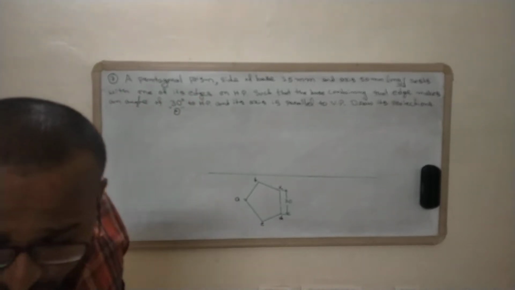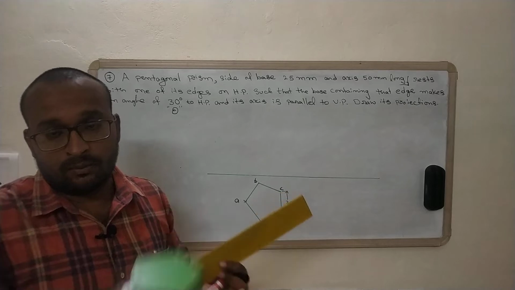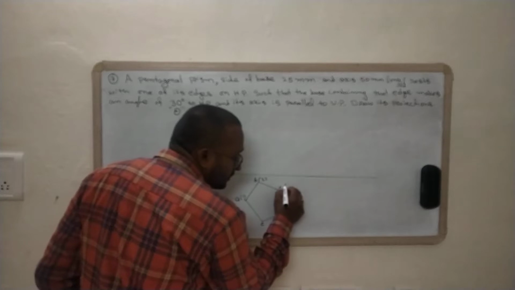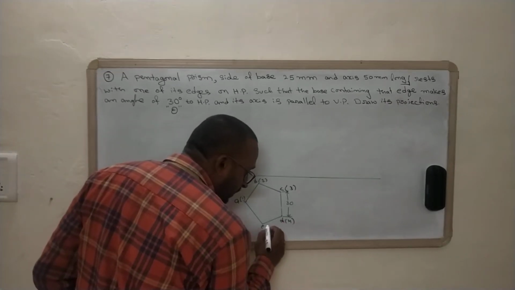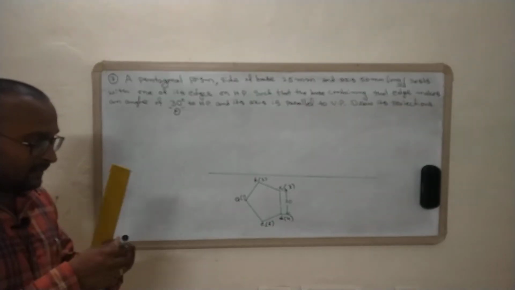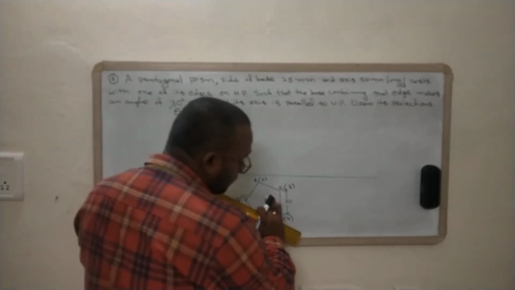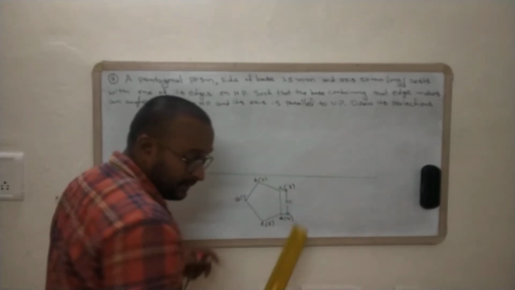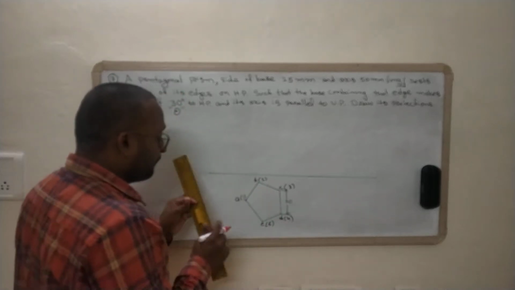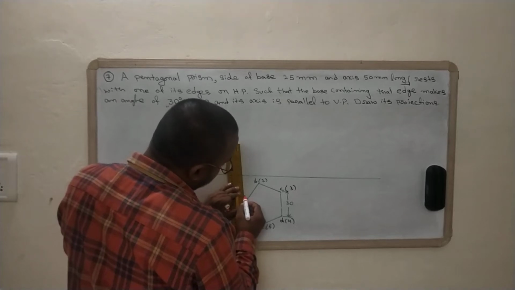At the same time we have two pentagonal shapes, that means surfaces on top and on bottom. So we must go with A of 1, B of 2, C of 3, D of 4 and E of 5. So this is the basic terminology when we are going to solve the problem related to this. Here this is the top view, and then we need to project that particular top view to the front view. So this is the first step. The initial step should be considered.